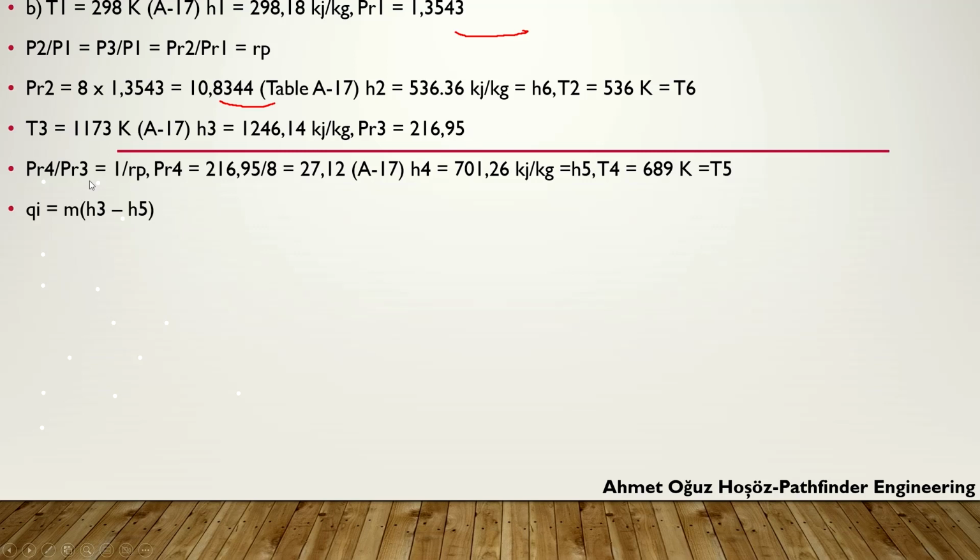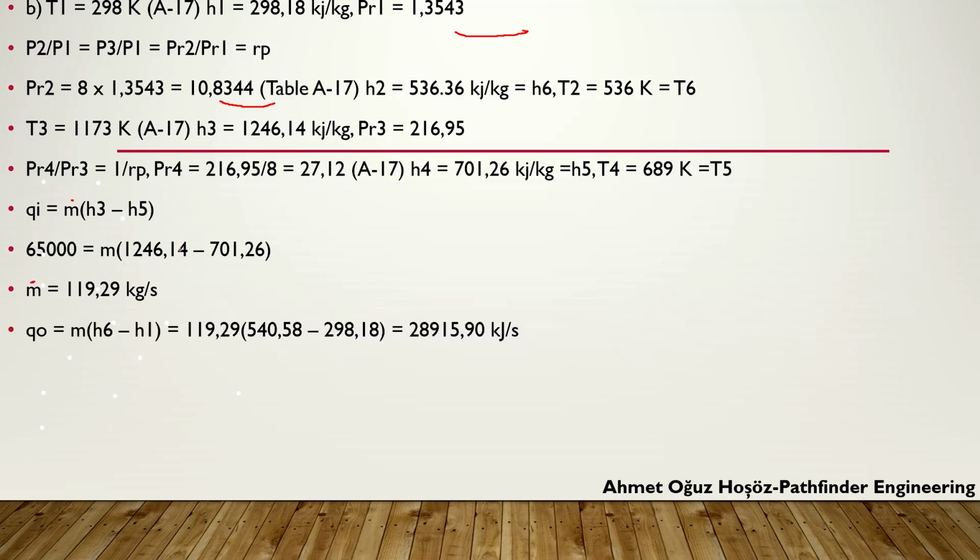So our Qin value is the mass flow rate times the difference between h3 and h5 enthalpy values. We already know Qin is 65,000, so 65,000 equals m times (h3 minus h5). So m is